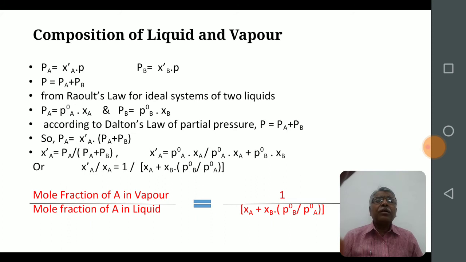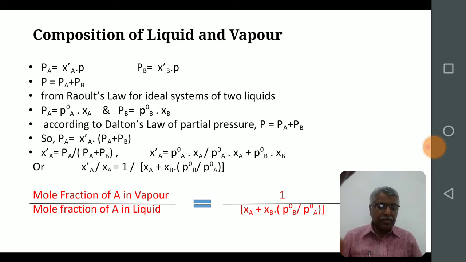By simplifying and by substituting the various values, we will obtain the relation of the mole fraction of A in vapor divided by the mole fraction of A in liquid. It is equal to 1 upon XA plus XB into (P naught B divided by P naught A). It can be seen from this equation that since XA plus XB is unity, the proportion of A will be the same in the liquid and vapor only if P naught A and P naught B